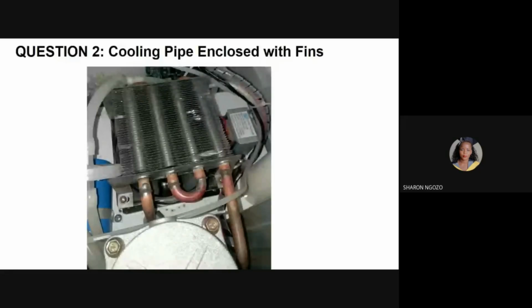Thank you, Mai. Compressors for oxygen concentrators draw in air and compress it to increase its pressure. And according to Gay-Lussac's law, the pressure of an ideal gas varies directly with the absolute temperature when the volume of the sample is held constant. So in simple words, when the pressure increases, temperature also increases. Hence, when the pressure is increased by the compressor, the temperature of the air also increases.